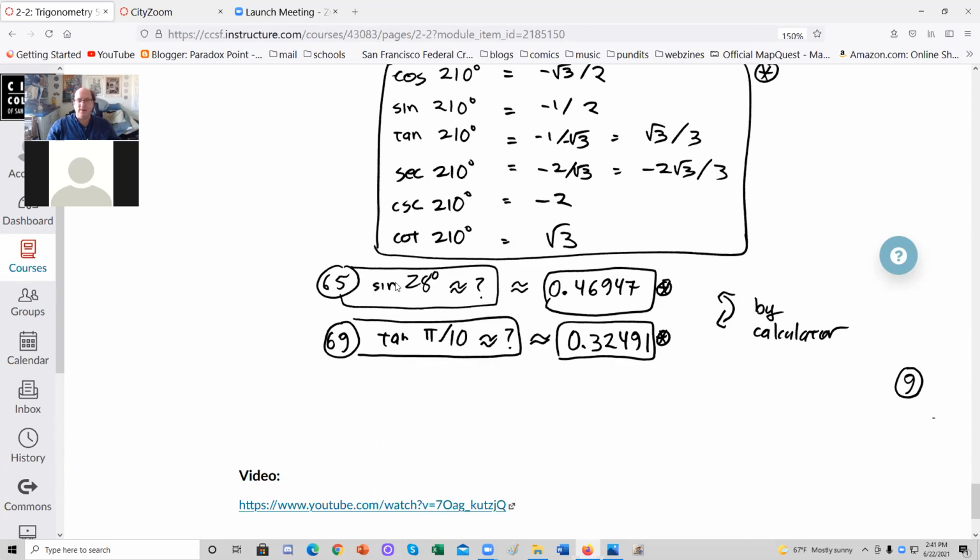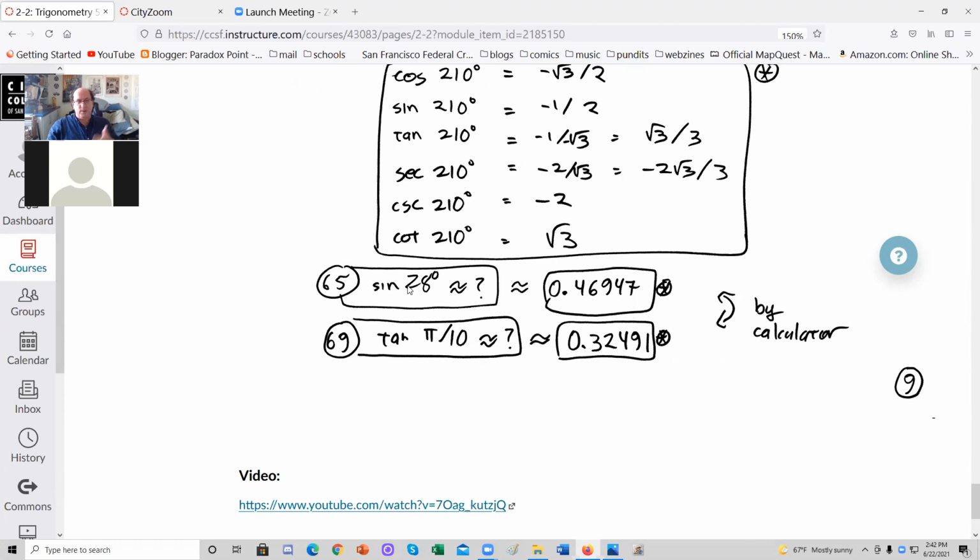Now these last two, there's no way to do it by first principles. Well, okay, you can do it by first principles, but it's a long process. Fortunately, we have calculators. Back in the days before we had calculators, every trig book would have a trig table at the very back of the book. That's obsolete now. It's kind of funny. Anyhow,